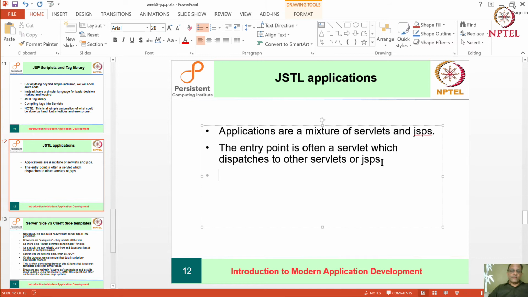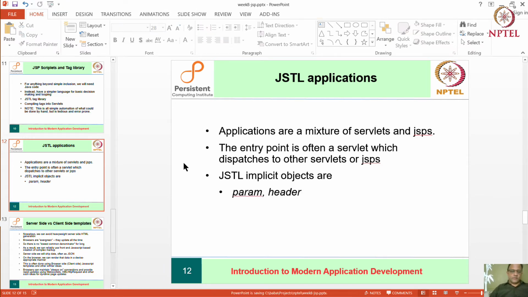So JSTL implicit objects are params, headers. Param and header, which is the collection of objects available in JSTL.